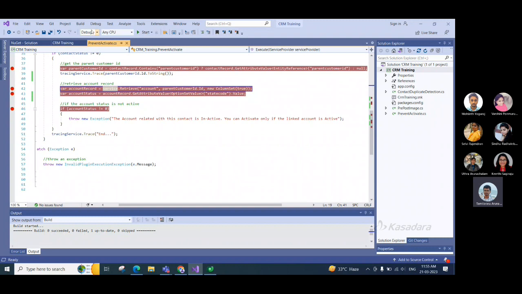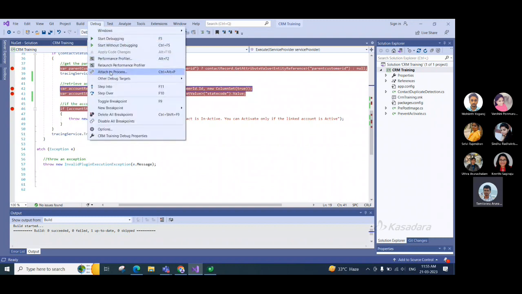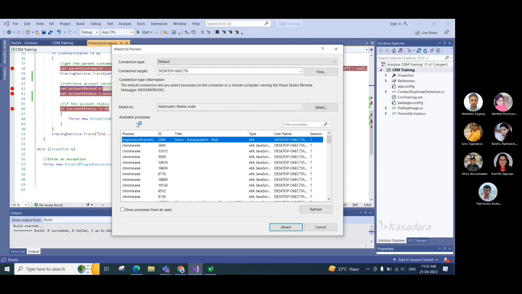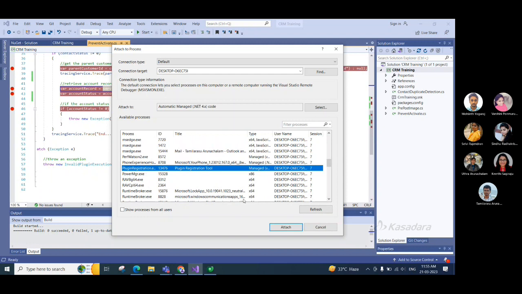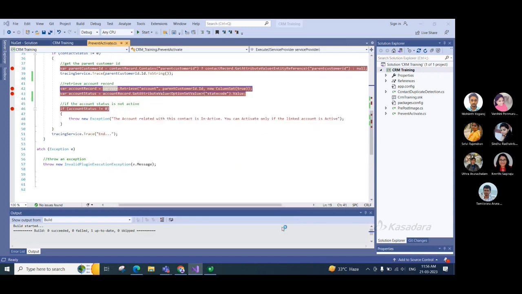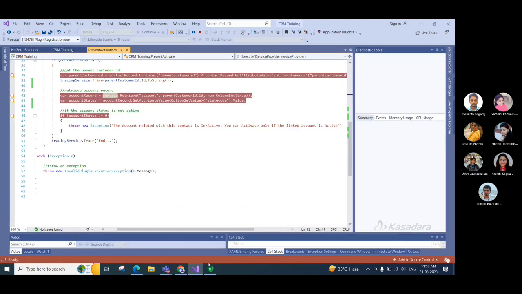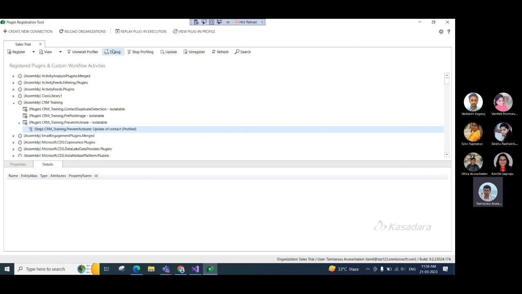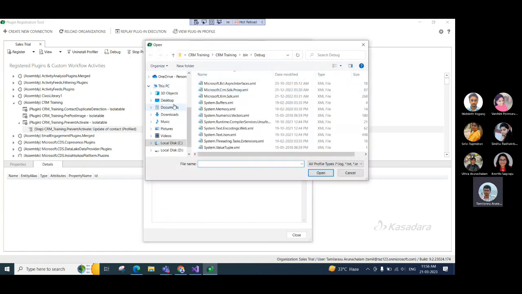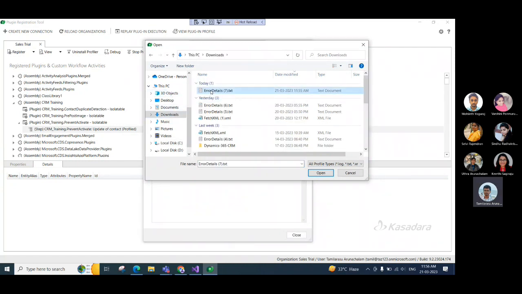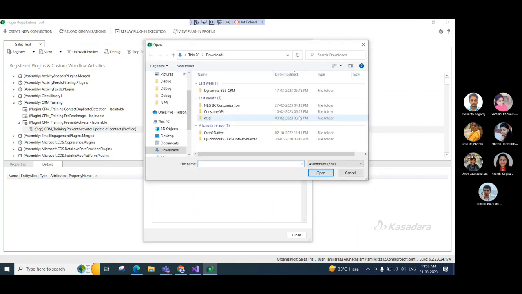For debugging, you have to attach the process in Visual Studio Code. You have to select the plugin registration tool, right, to attach. Then go to the plugin registration tool, then click on debug, select the log, select the downloaded error.txt file. This is the one. Selected. Then